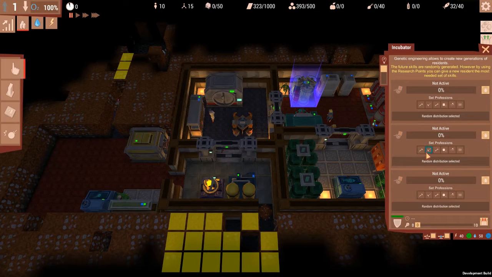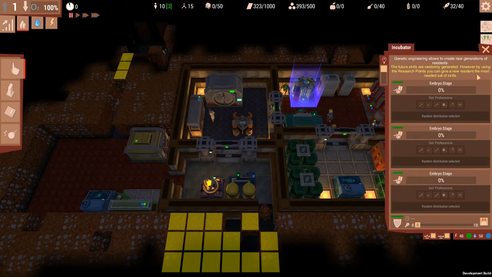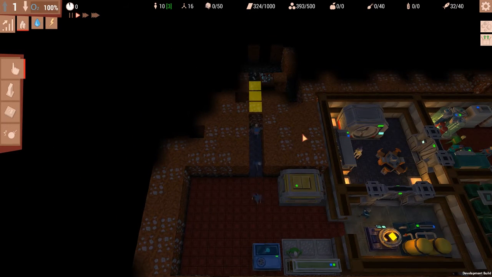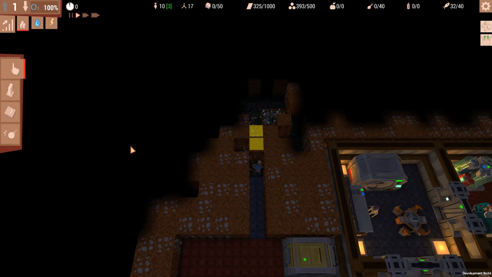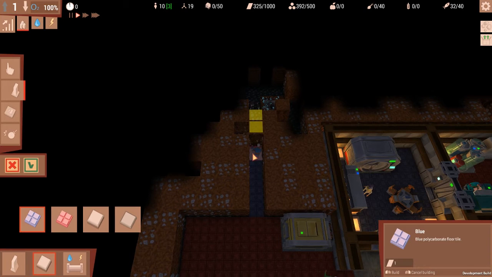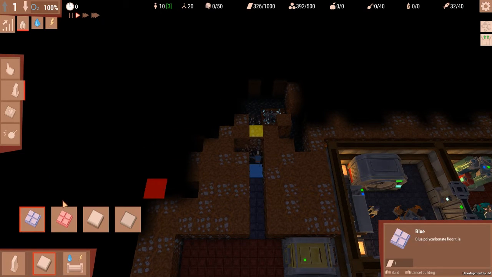Whoa, hey, you can set professions now. Thank you. Thank you so much. So how many professions can I set? Oh, it costs research, but I... Oh, man. Alright, so I'm just going to go with random mix right now. But in the future, I will make sure I always have at least 1 or 2 of the necessary professions. I'm kind of surprised they didn't have that in the game originally, but...